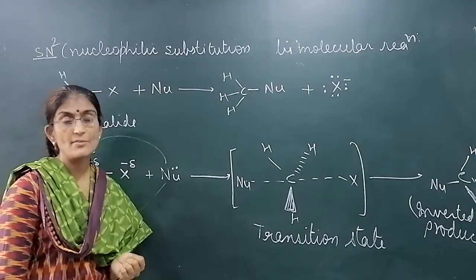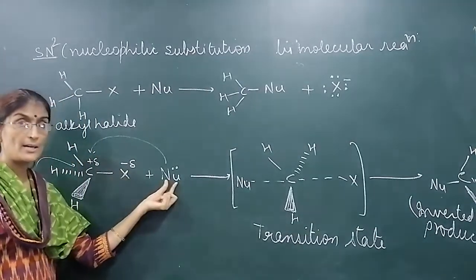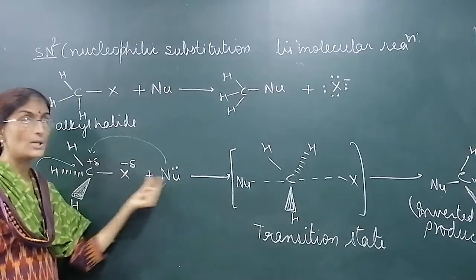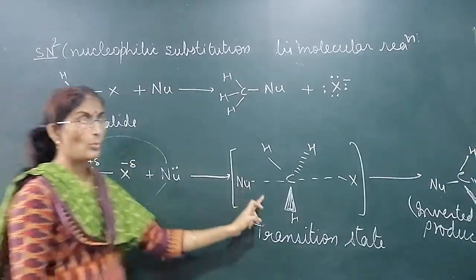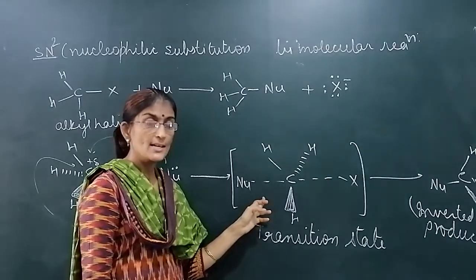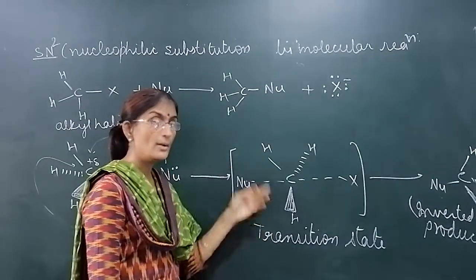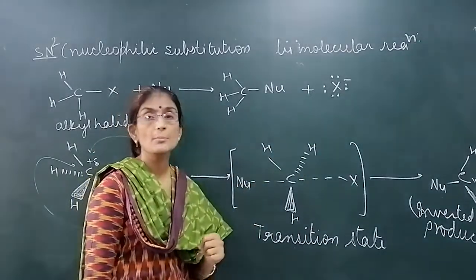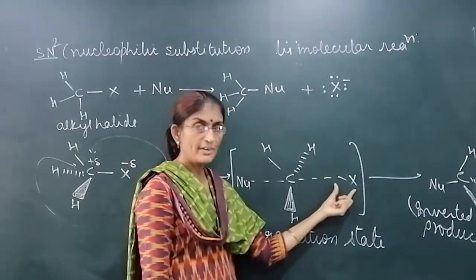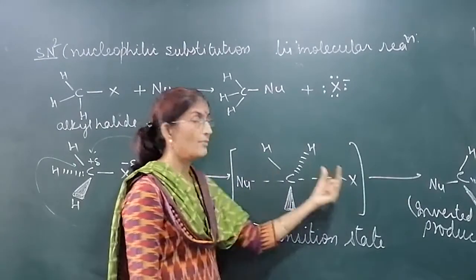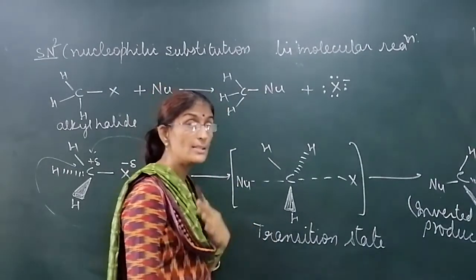side of the carbon. Why does it attack from the back side? Because if it attacks from the halogen side, then halogen will repel it. Halogen won't allow nucleophile to come because both have the same charge, both will repel. So it will attack from the back side. One state is achieved, that is called transition state. It is not an intermediate like carbocation. In this state, carbon has 5 bonds. The bond will break and product will be obtained. Halogen is weak compared to a nucleophile. Halogen leaves the molecule, and nucleophile forms a permanent bond. Clear? So this reaction finishes in a single step.